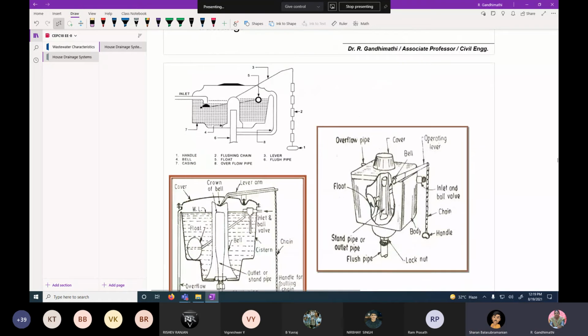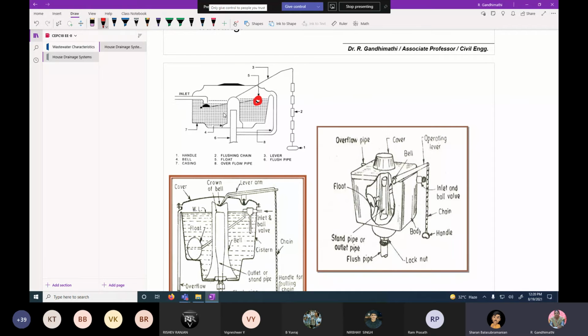Student: There will be a floating ball kind of thing, and when we pull the flush, the ball will come up, and then the water will go through the hole which the ball has. Teacher: One minute, Sharon. While pressing down the lever, what will happen? Student: Ma'am, there will be a floating ball, and it will come up and open the hole under it, the water outlet under it.